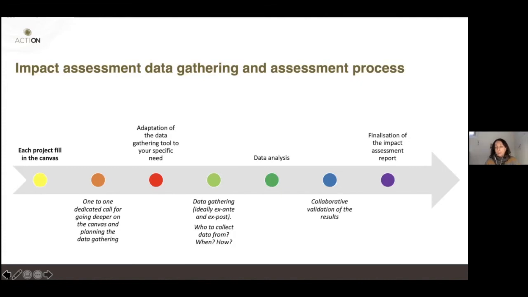The data analysis, we do it for you. Then we would like to present the results to you and validate together what we got, and the final step is the finalization of the impact assessment report. That is on us, of course.